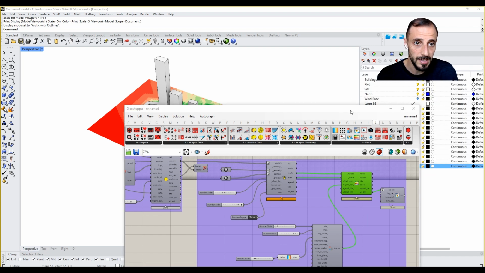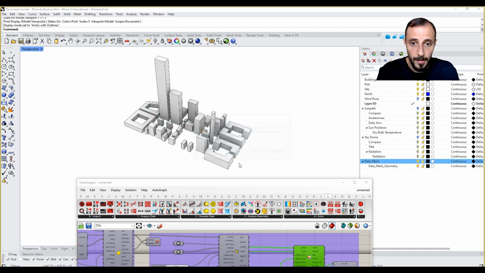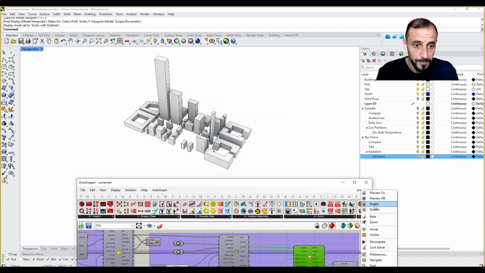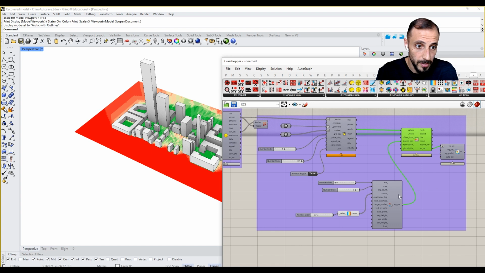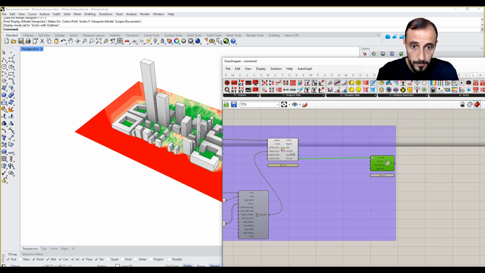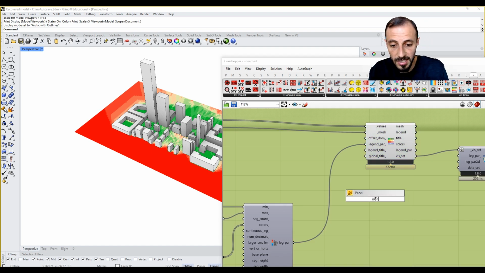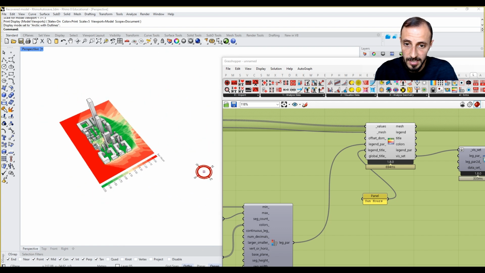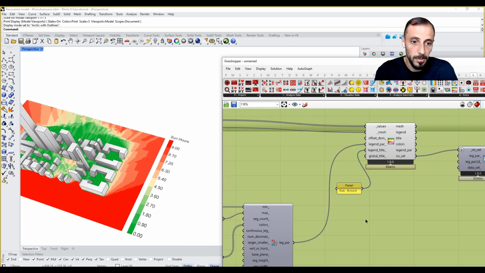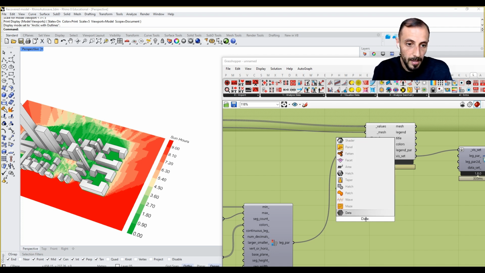So what I'll be doing is I'll be deleting this data mesh layer. I'll be turning this on, previewing this one, adding some info here, legend title, and legend title can be sun hours. And when I put this, you'll see that immediately it appears here. And for the global title, we can say date, and